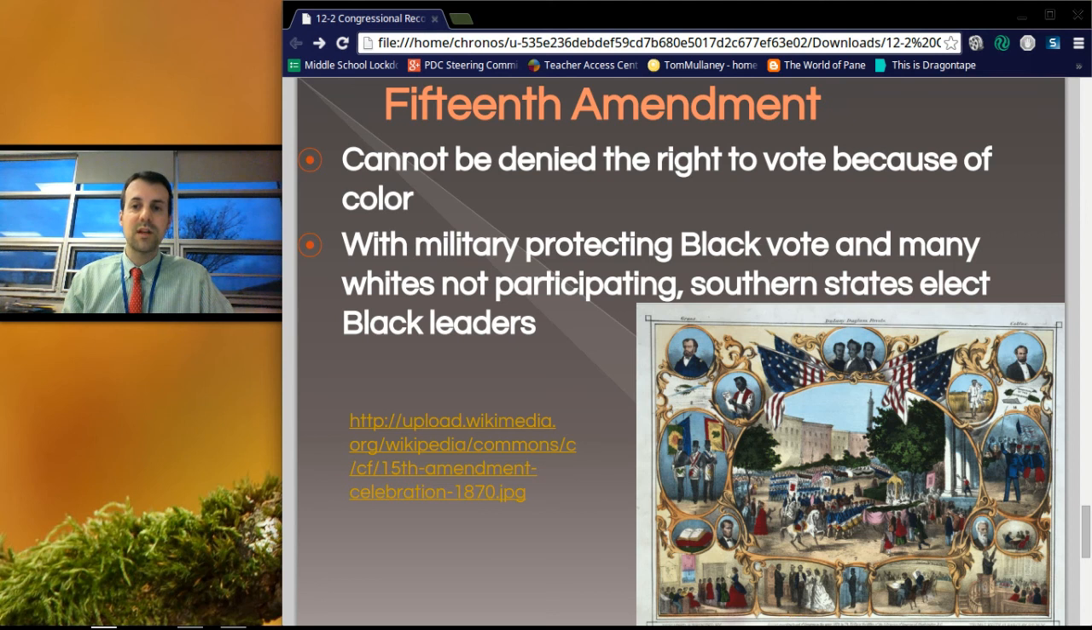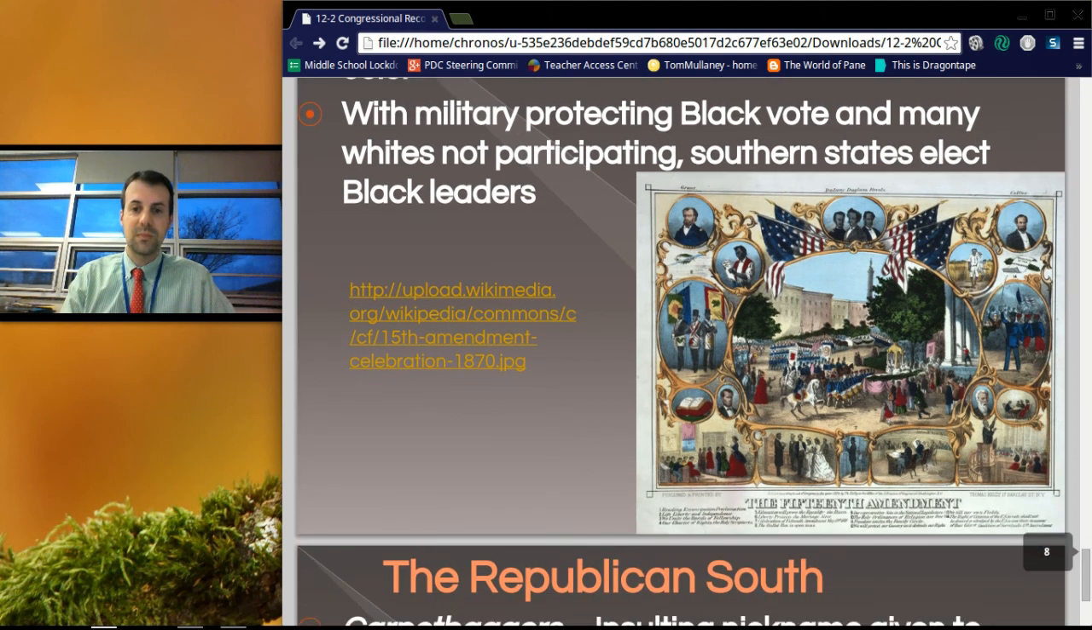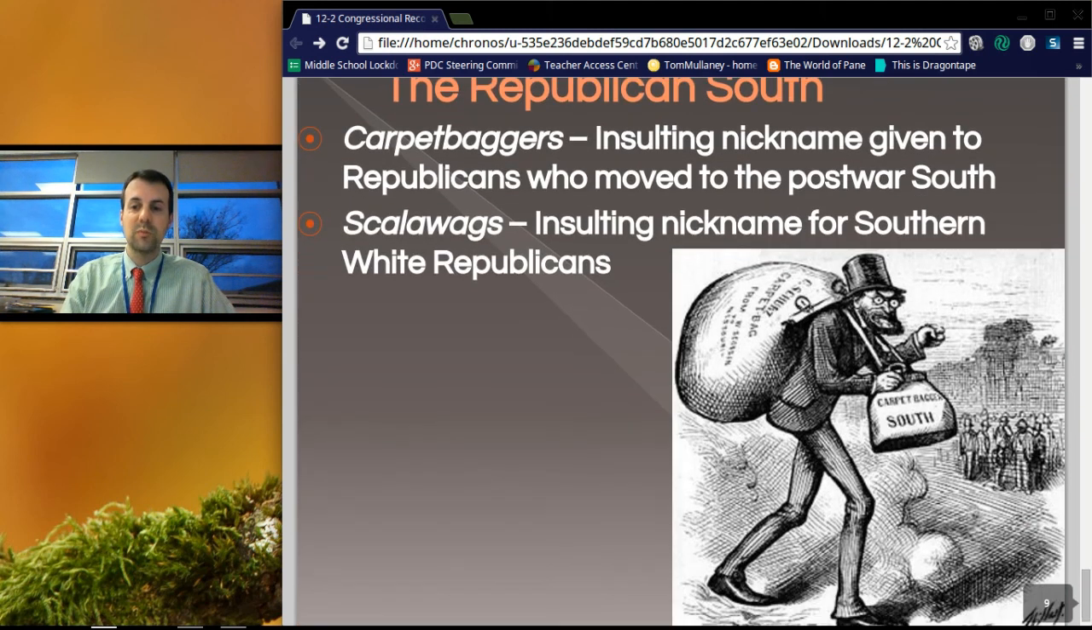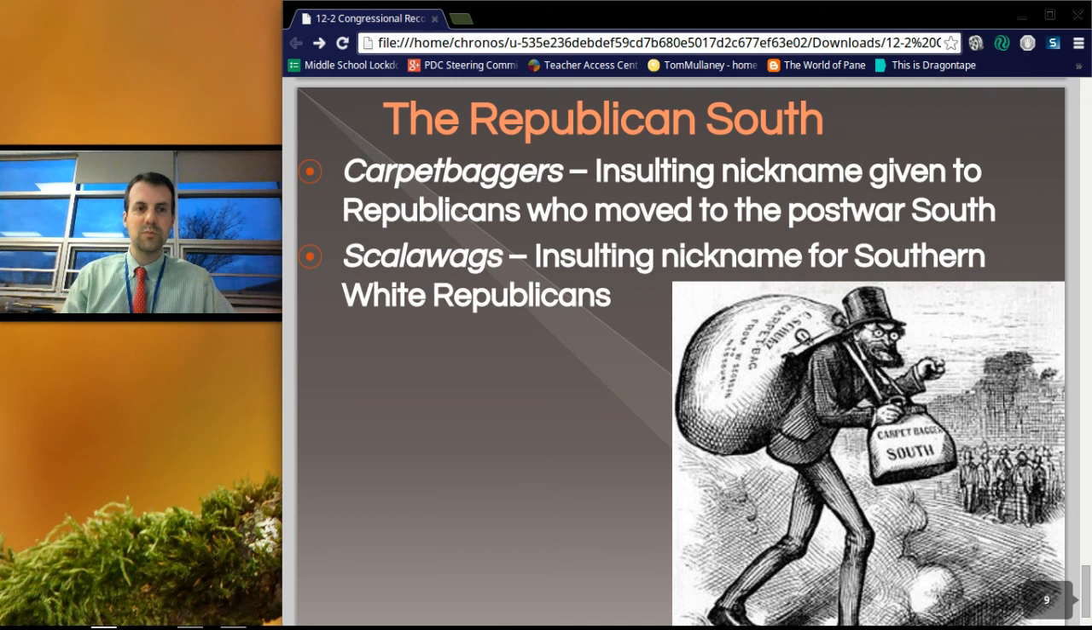With military protecting the black vote and many whites just not participating, southern states start to elect black leaders. And the South becomes a little bit more Republican because, again, think of who's participating. High African-American turnout, low white turnout. The African-Americans are allied with the party of Lincoln, the party that was against slavery, the Republicans, and you get